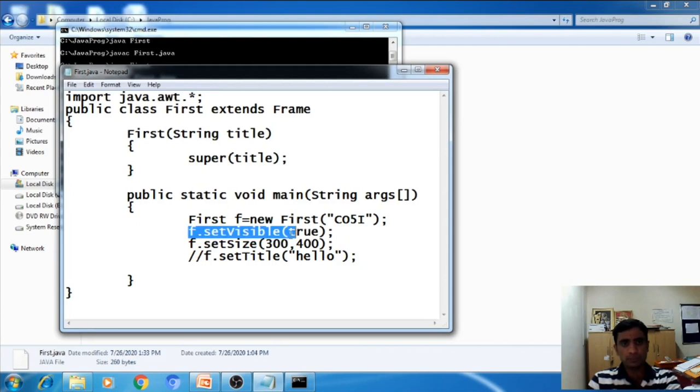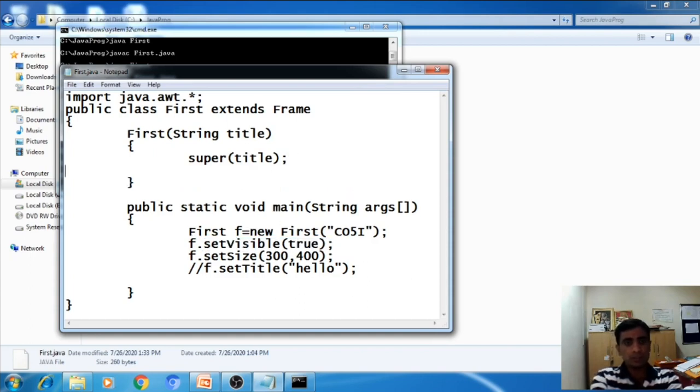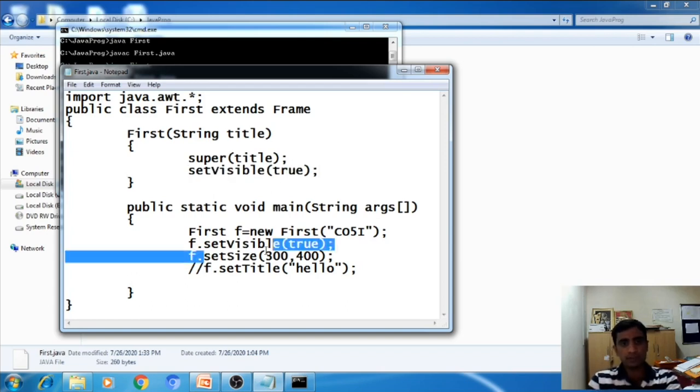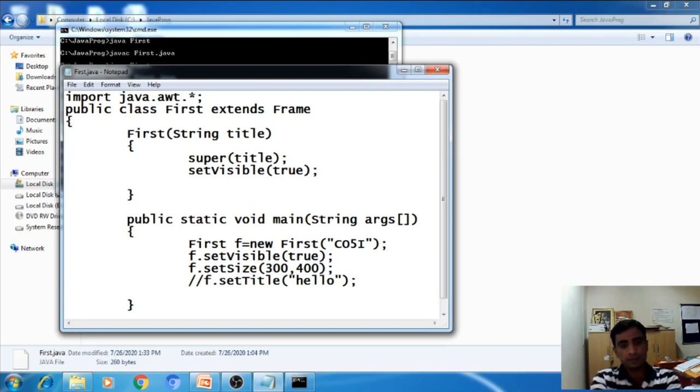So here, f.setVisible means what? We are using the f object, a frame object as f, and we are executing the setVisible method. So I will copy this setVisible method into the constructor itself, setVisible, and setSize 300 by 400.